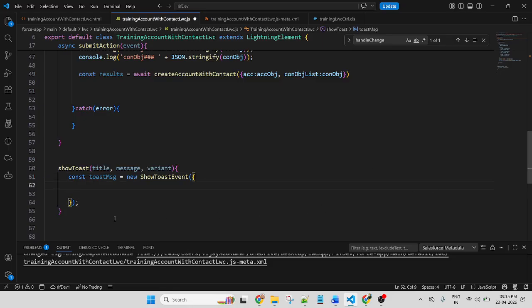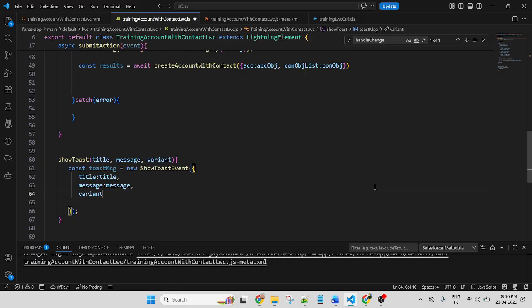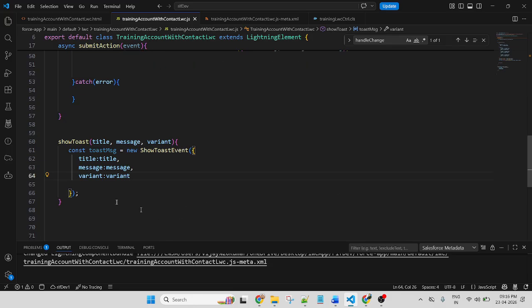They will be displayed as dynamic values. So title colon title, message colon message, variant. Here I am passing dynamic values. This is new learning for you. So I pass dynamic values in the post message. So I created a function.